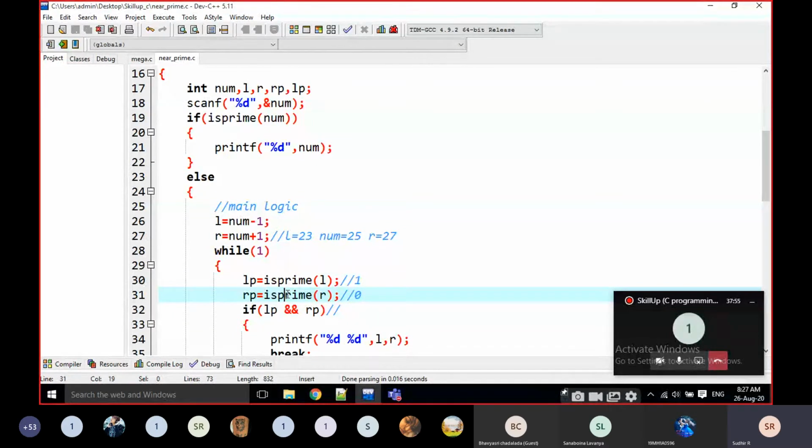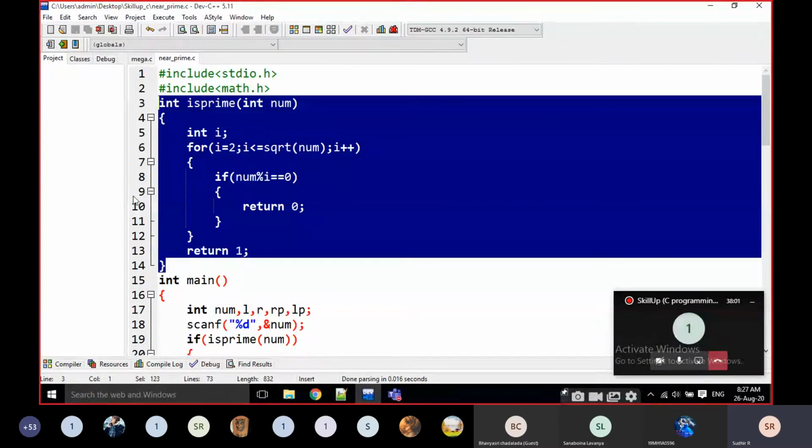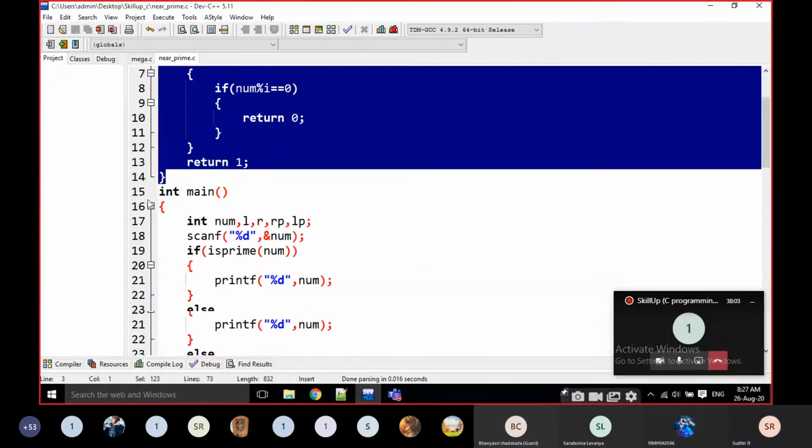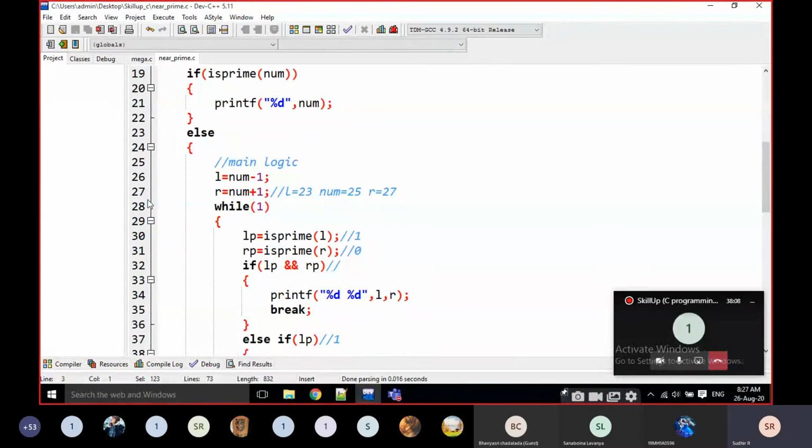That means I put a block of statements in one block, and I'm calling that function every time. Yes, is it easy or not? Using functions is a very easy thing. It is the use of code reusability.